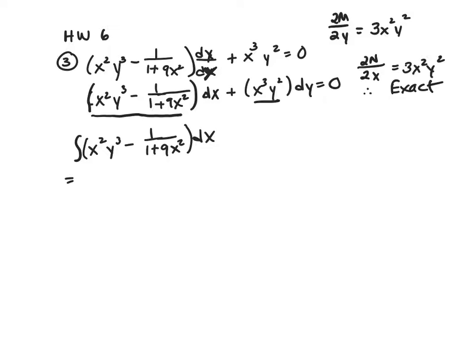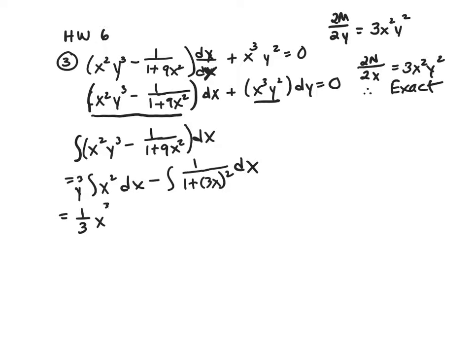And that is the integral of y cubed x squared dx minus the integral of 1 over 1 plus 3x squared. I'm setting that up to be inverse tan. All right, so this is 1/3 x cubed y cubed when I integrate, minus 1/3 inverse tan